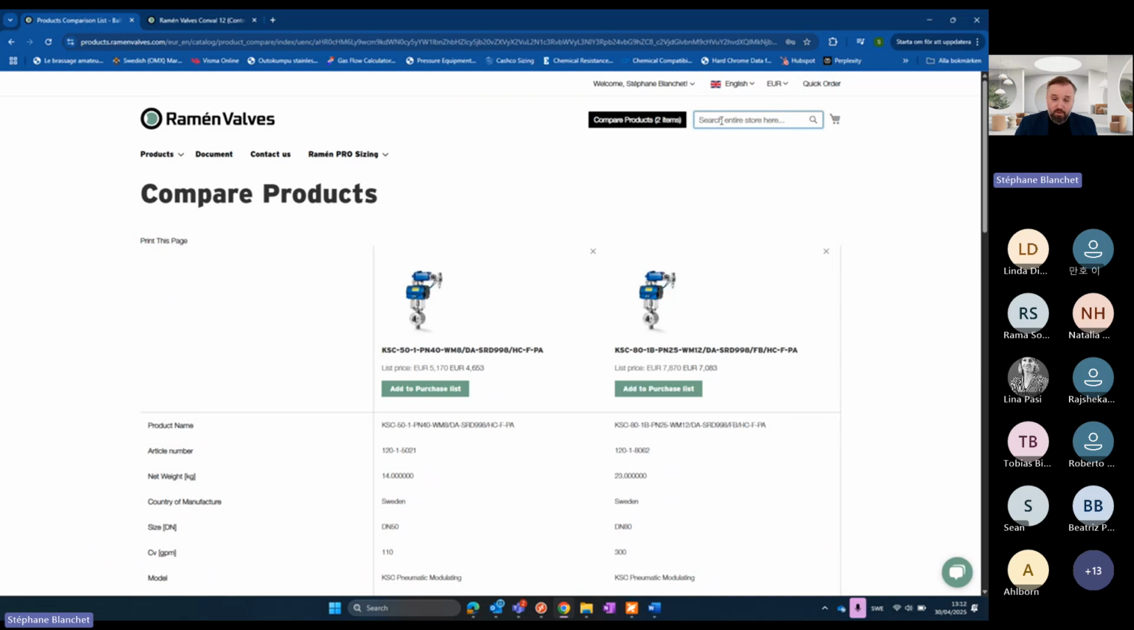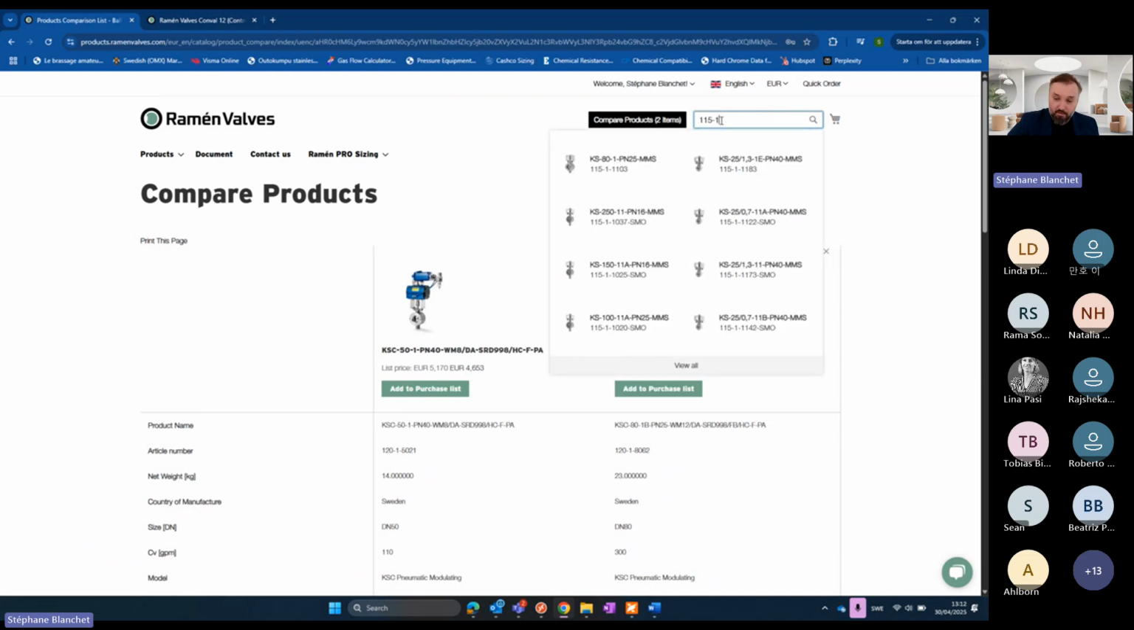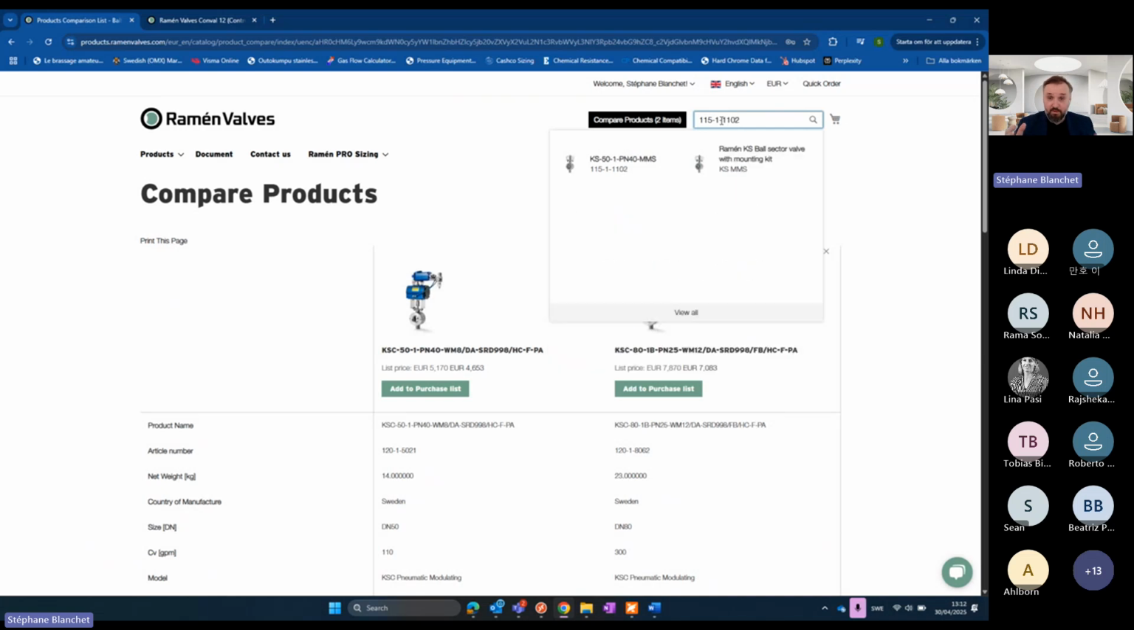I want to look at the price of a product that I bought maybe 2 years ago. That's a specific article. I'm not sure what it is, but I know this is this article I want, this is this article I bought, this is this article I need to sell to my customer again. This is this article 115.1-1-1102, and you see it here. Then I click here,